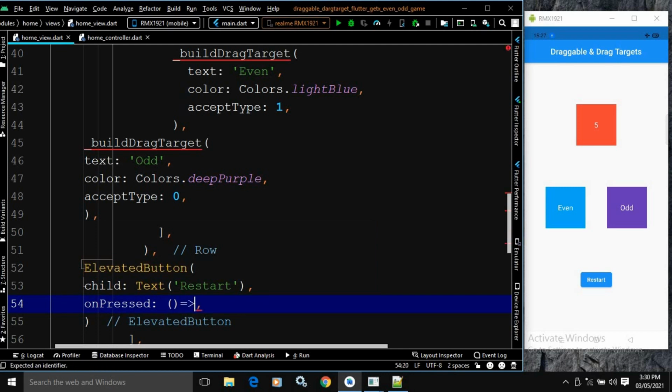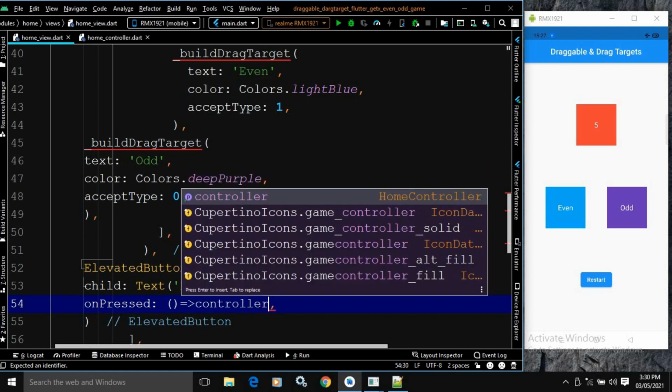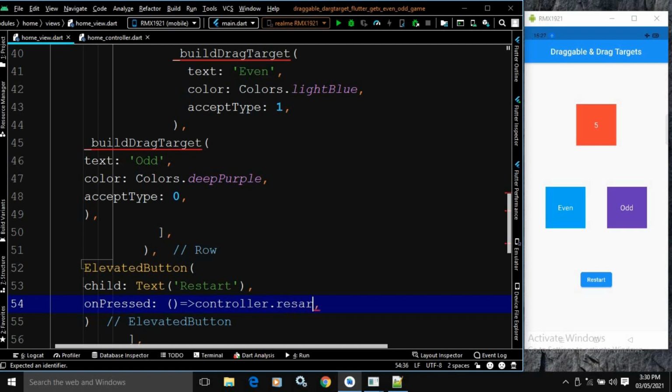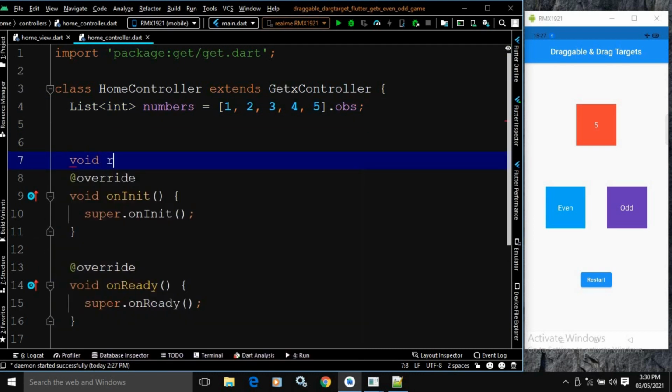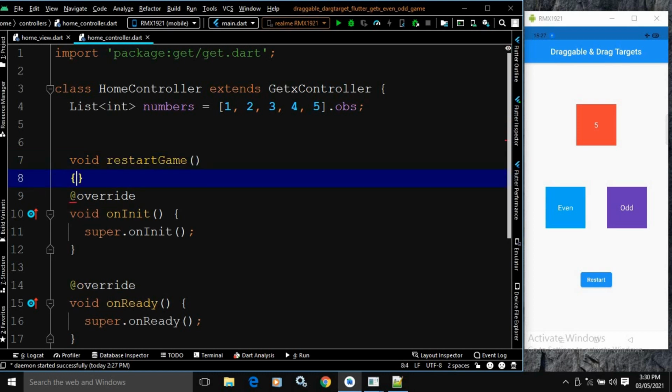here I will call a function which is present inside the controller. Let it be controller dot, let it be restart game. Obviously this function I need to create in the controller. So let me move to controller. In the controller, here I will create void restart game. This function will restart the game.